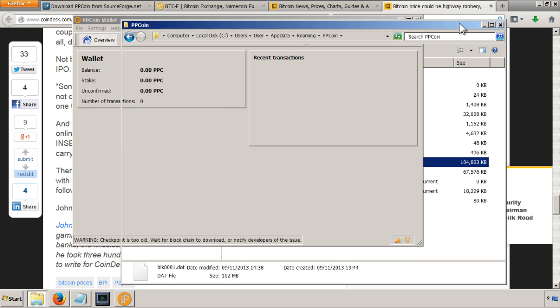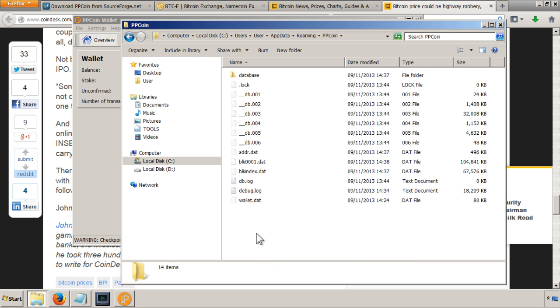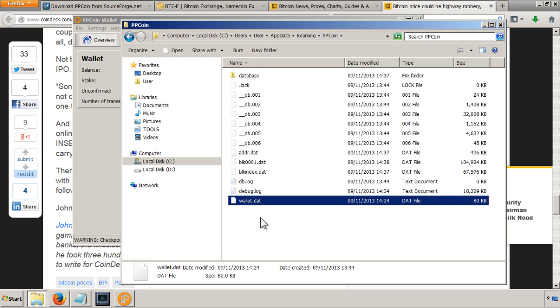The other thing that you'll find in this folder, and it is the most important file, is this wallet.dat file. And that's what's going to contain your private key, which will identify your wallet and will be the way that you are able to keep your coins.